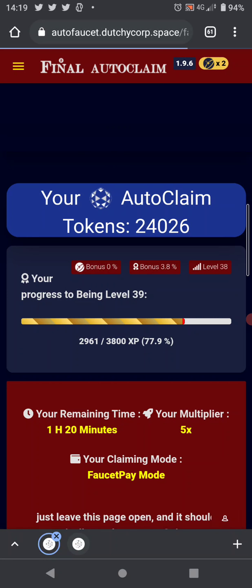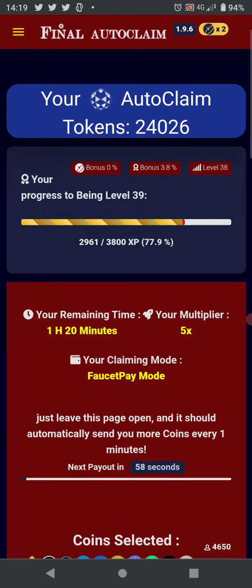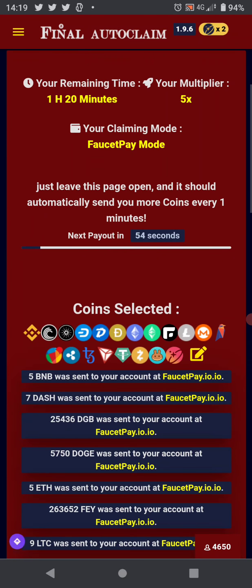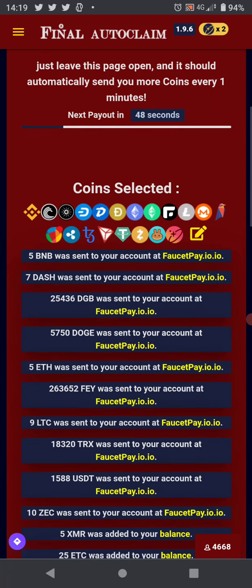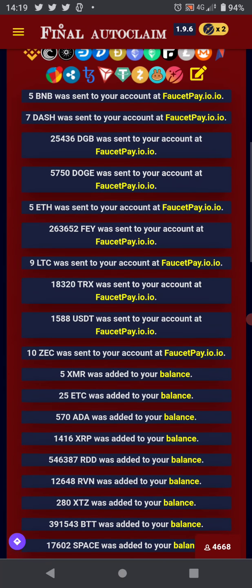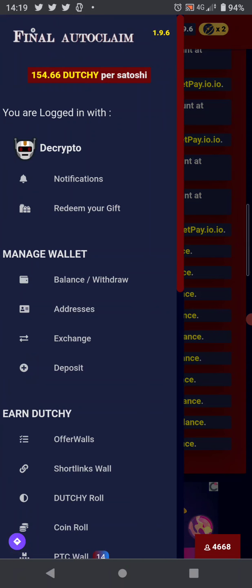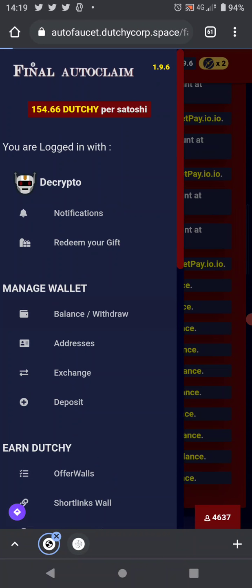Alright, so we're back here now, and I'm still at level 39. My Autofaucet has kicked in again. So I'm earning Satoshis worth of all these coins here. Some of them are going to Faucet Pay, some are going to the balance. So if I check my balance now and withdraw,